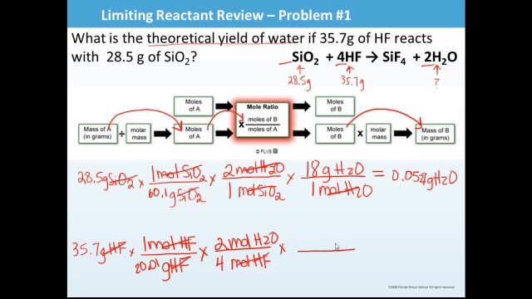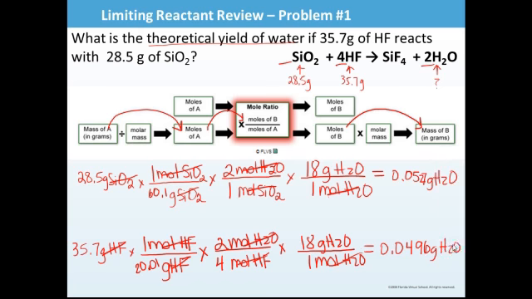Remember, with limiting reactant problems, you must always go to the same unit of the same product. So you will notice that after a while you're going to see a lot of similarities with your problems. It takes up a lot of space on your paper, but a lot of the calculations are the same numbers. So when we plug this into our handy dandy calculator, we get 0.0496 grams